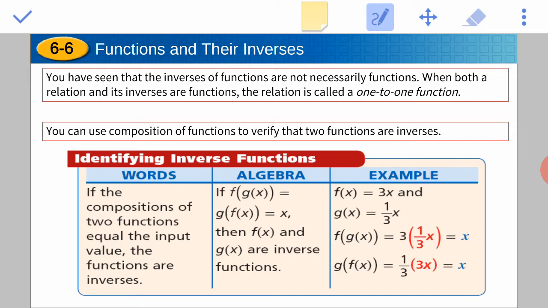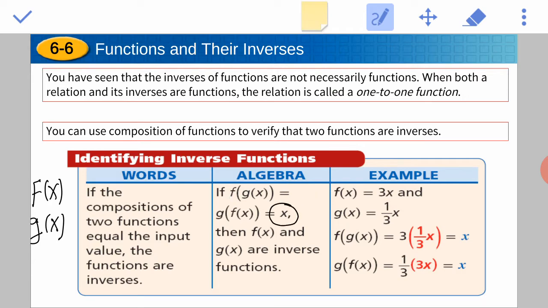Skill number 3. In skill number 3, guys, sometimes you are given two functions, f of x and g of x, and you need to determine whether these two functions are inverse to each other or not. In order to verify this, we're using the composition of the functions. You get f of g of x, and if this composition is equal to x,